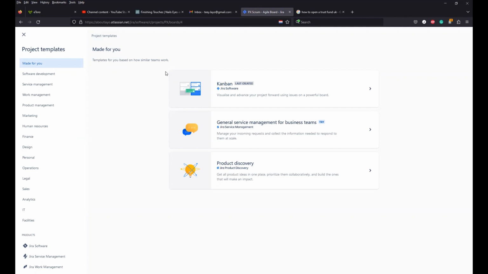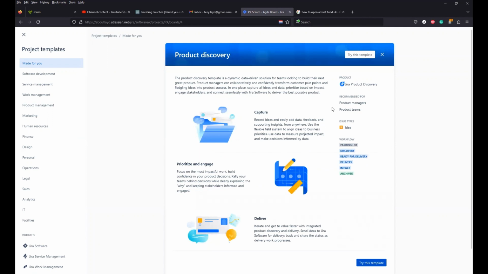Are you trying to create a business project? Are you trying to create a software project? And then you can decide what you're trying to do. So for the instance of this training, I'm going to be creating a product discovery project. And then once you click on that,